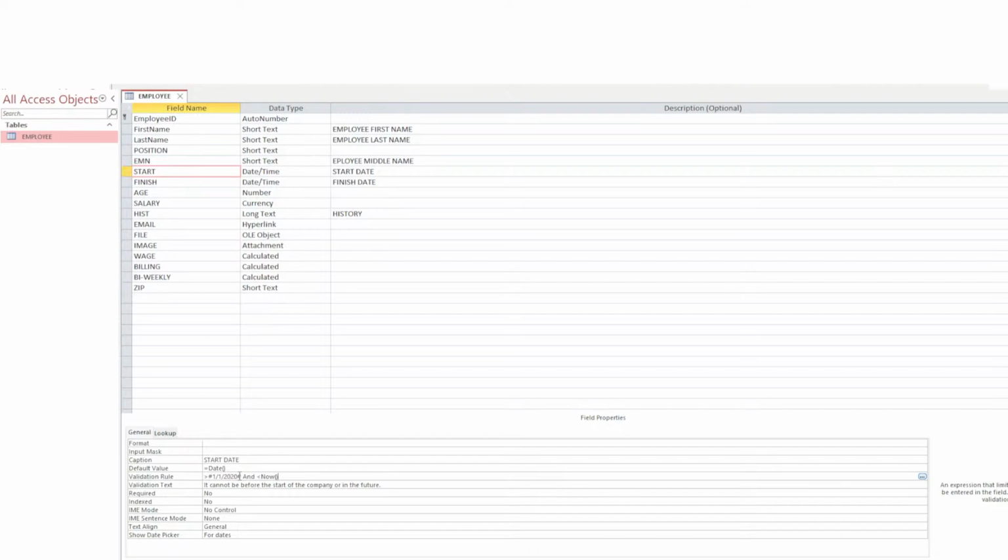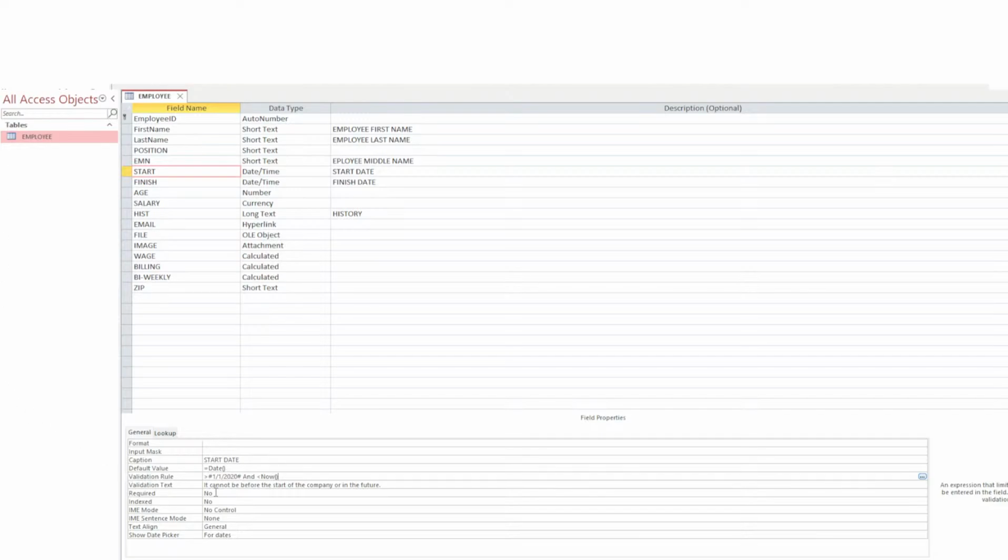So that's just an arbitrary date in here, but you could put a validation rule that no employee could start before the company started. So say if the company officially started on 1/1/2020, on the 1st of January 2020, it's not possible to have an employee before that date. So if you're going to go in there and correct some data and you accidentally type in, I don't know, March 3rd, 1990 or something like that, or 2001 instead of 2021, then it will catch that and it won't allow you